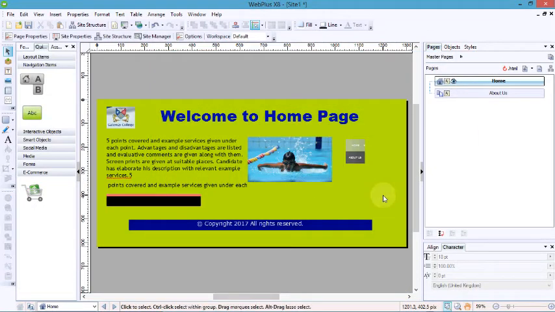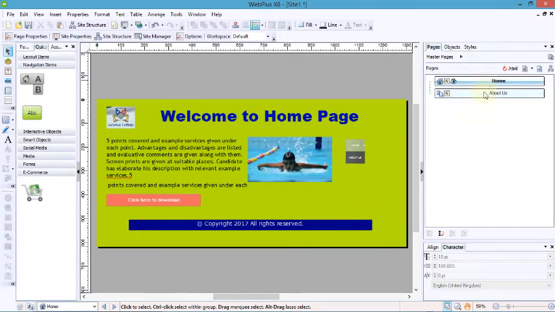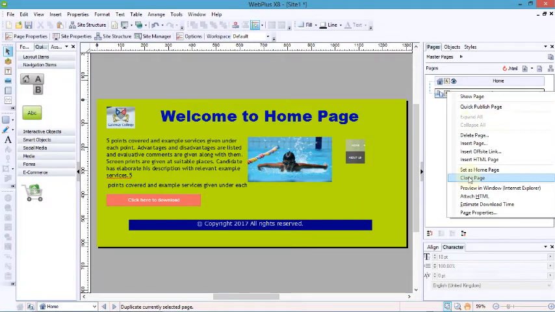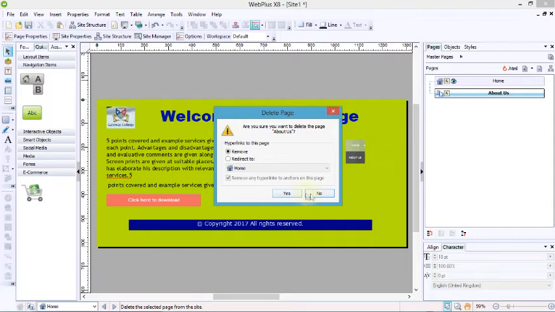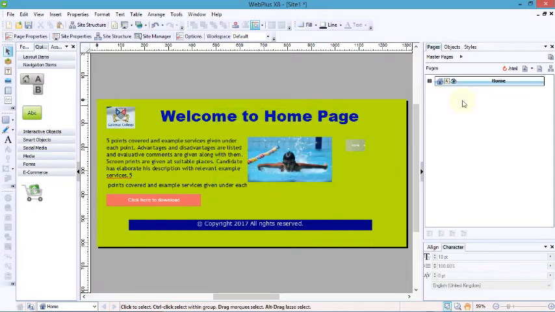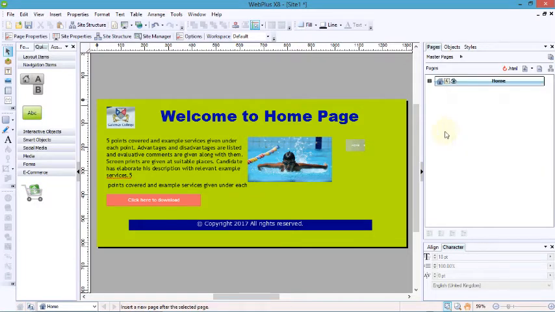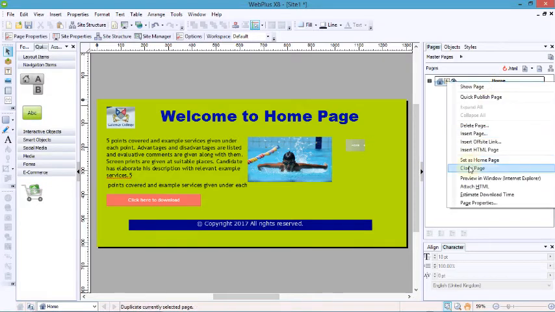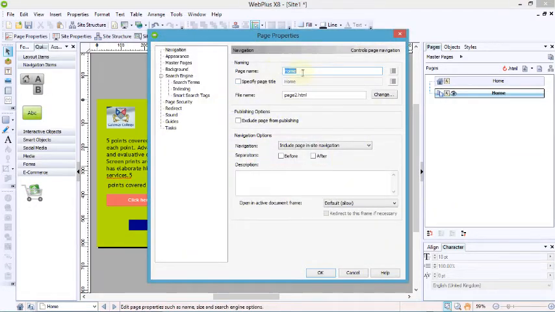Right, okay, now we have designed the home page, but our about us page is not designed yet. So I'm going to drop this page, delete this page. Okay, that takes out the link from the navigation bar as well. And now I'm going to duplicate this home page because I have finished designing the home page. Right click, clone, and right click again, go to page properties and change the name, about us, also the page name, all simple,